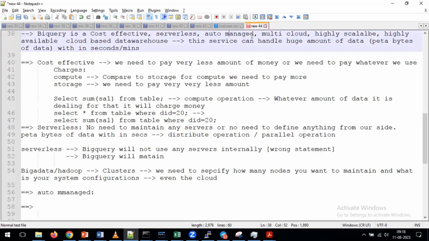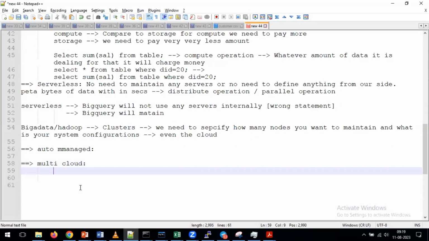managed service. Okay. In the same way, we are using one more term: BigQuery is a multi-cloud service. What does it mean? BigQuery is a multi-cloud service, which is nothing but... Now tell me first, BigQuery is provided by which platform? GCP. GCP, right? Now, by using BigQuery,